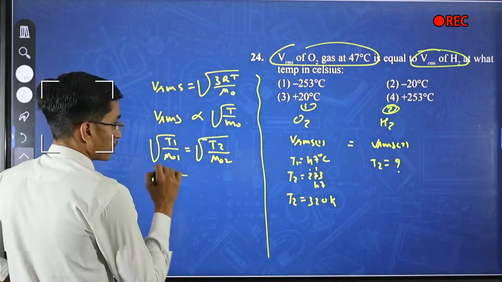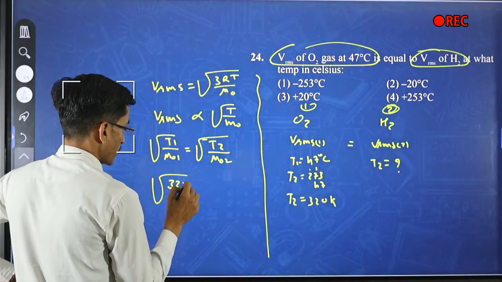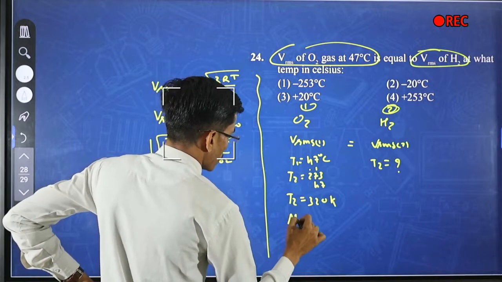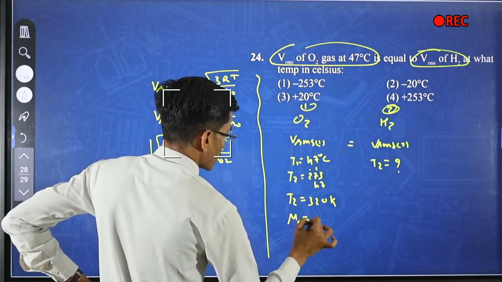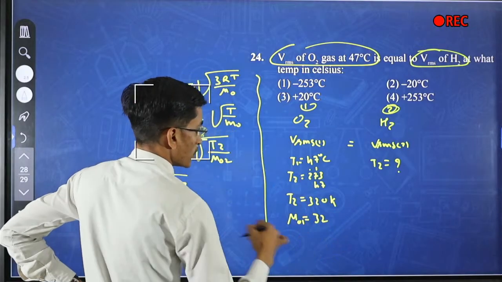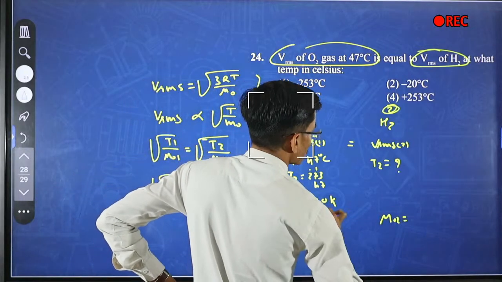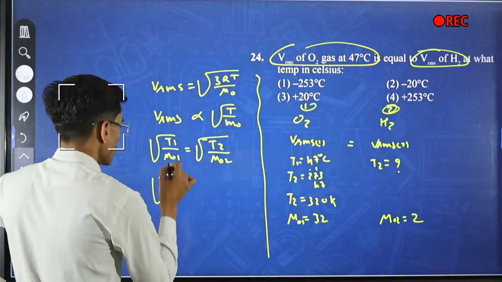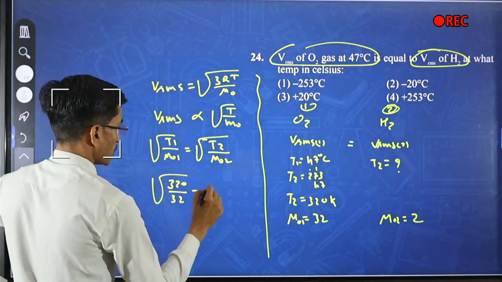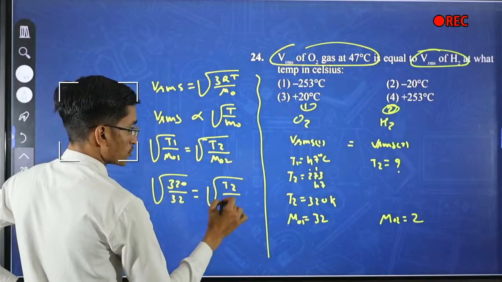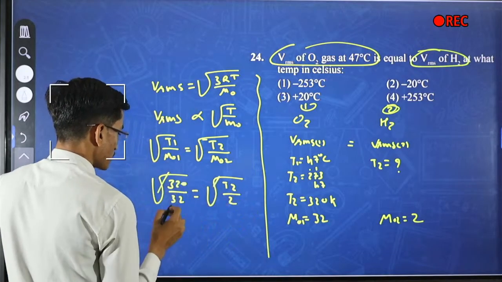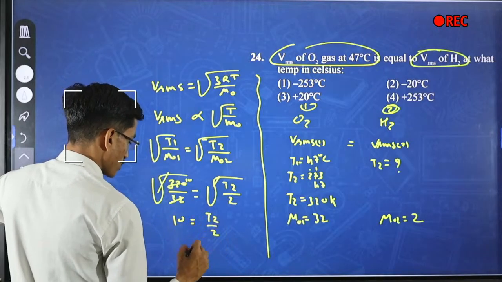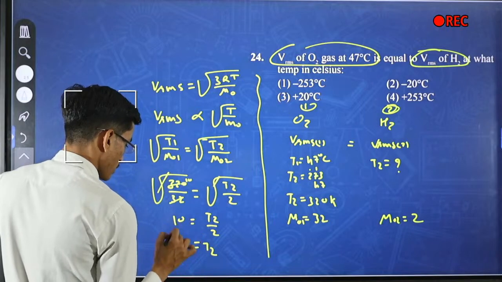So T1 is 320 and m01 is molecular mass of O2, which is 32, and for hydrogen m02 is equal to 2. So root will cancel. This is 10. So 10 is equal to T2 by 2. So T2 will become 20